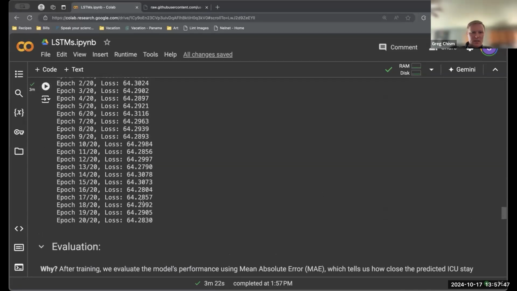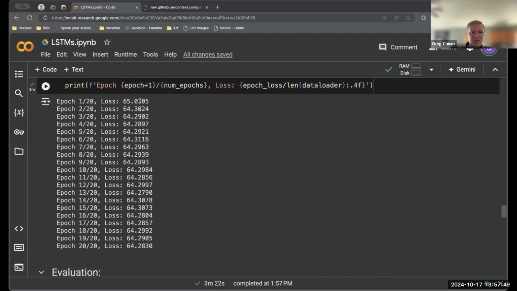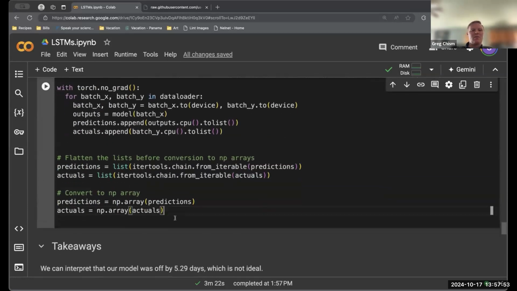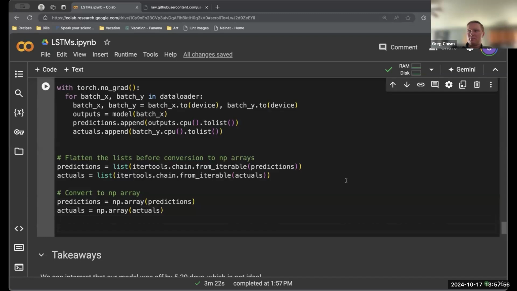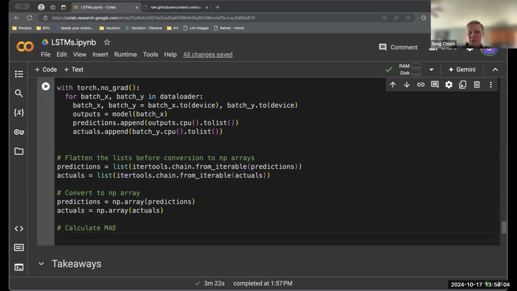Looks like it's done and it did iffy. I mean, it's better than the initial one at least, but it just can't really perform as well as it needs to without a more complex data set. Last thing we need to do in here is calculate the mean absolute error. So MAE equals mean absolute,